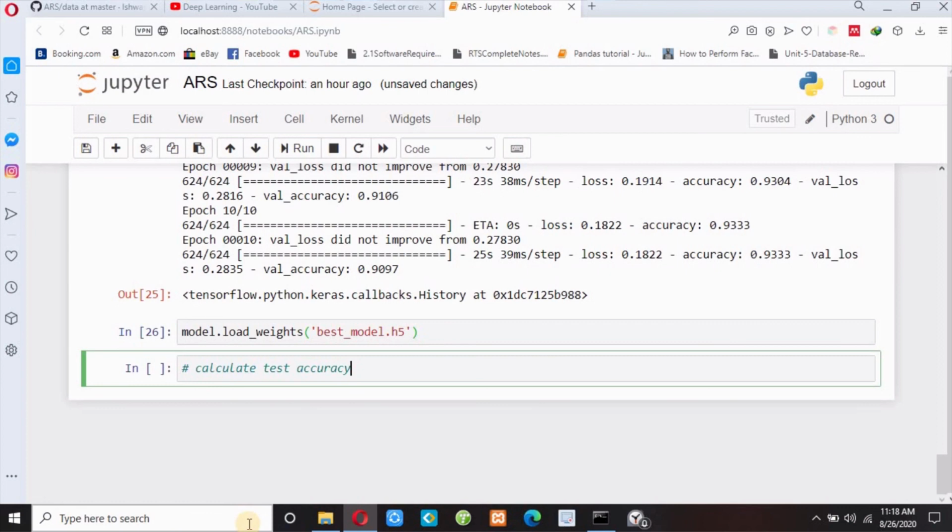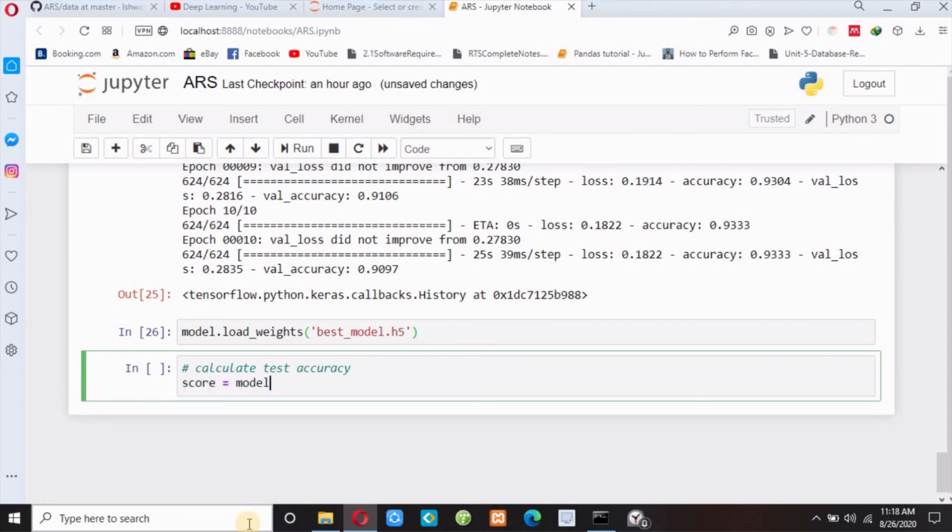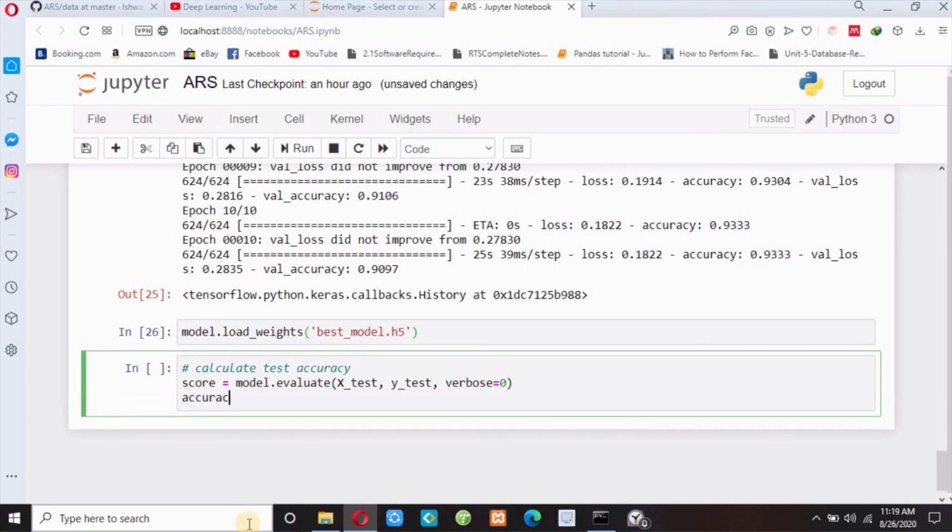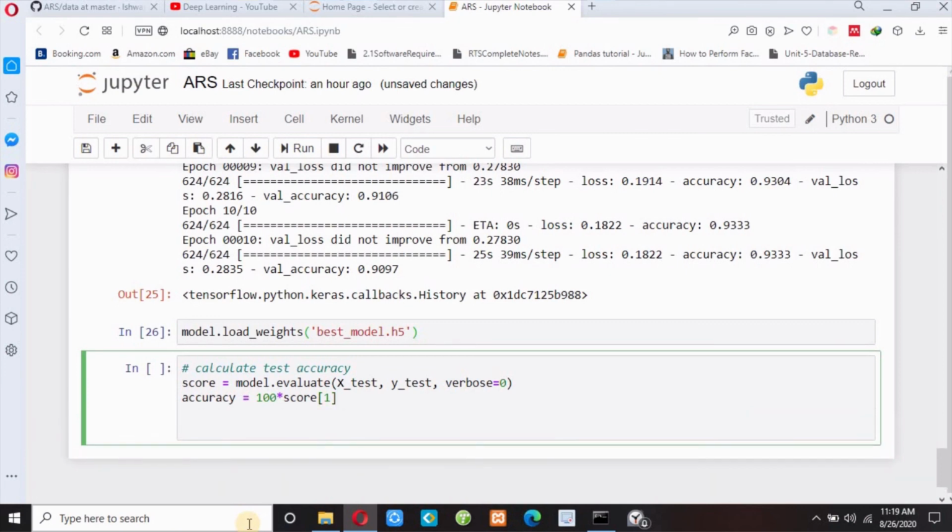So what is our accuracy? I need to write score equals model.evaluate, and I need to pass X_test because testing data is used for calculating our accuracy, as I have already said, and I need to pass y_test also, and then verbose equals 0 means silent, no progress bar, and then accuracy equals, in percentage, and our accuracy is stored at index 1 of score, and then finally print test accuracy is, comma, accuracy.